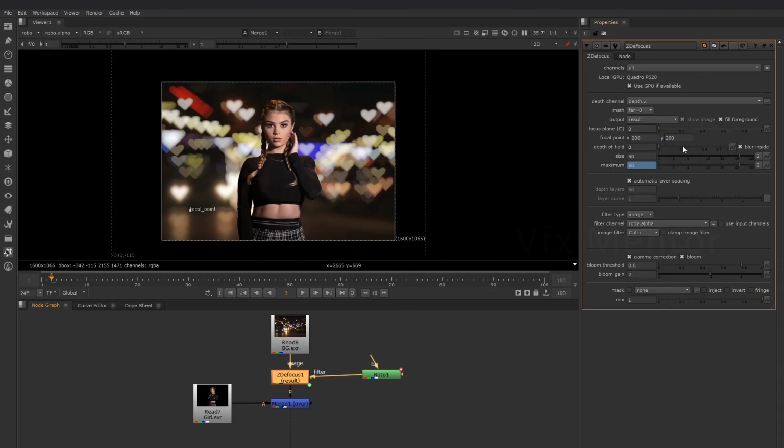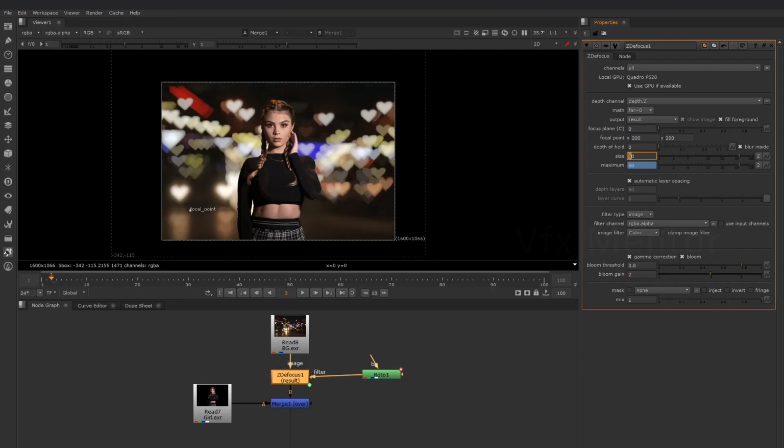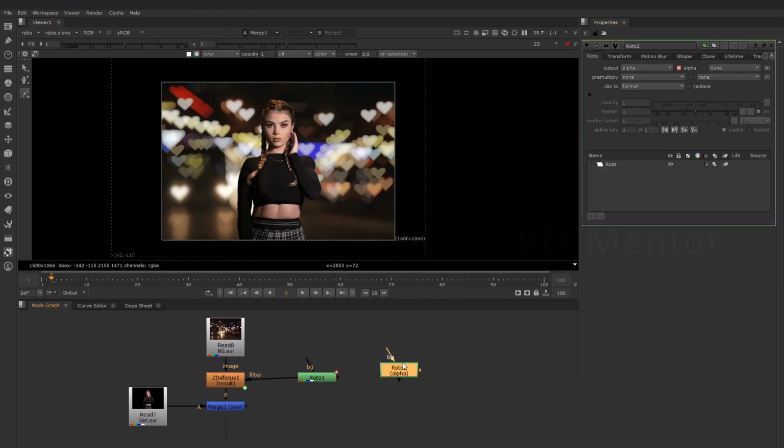If we want to increase or decrease it, just adjust the size parameter. By using this technique, whatever shape we want we can achieve quickly. Like, I will show you another option.